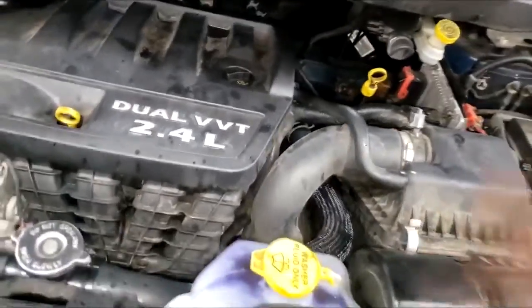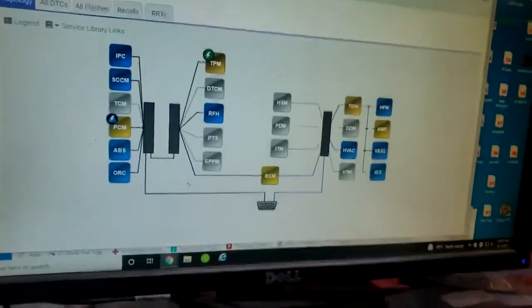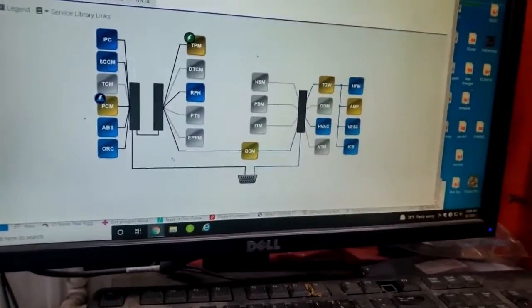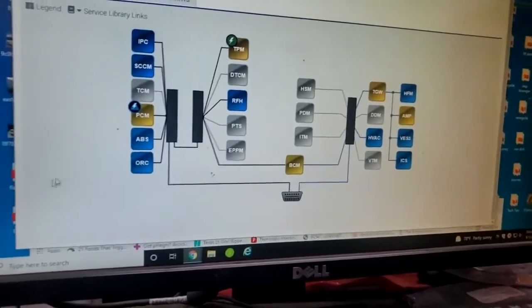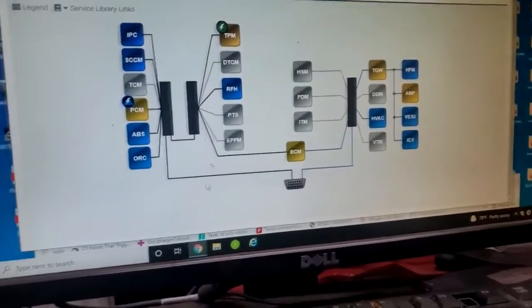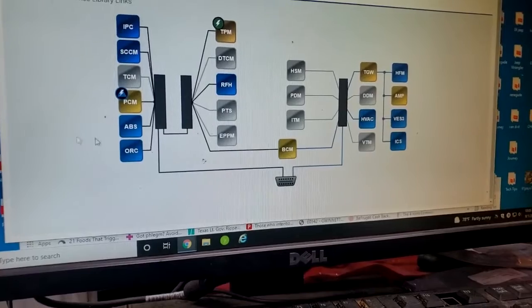In fact, guys, let's go. I have my pod already in the car. Let's go to the computer now and see what we come up with. Let's get it. Alrighty, guys, here we are. Now, yes, it's the 2015 Journey. Y'all know lightning bolts represent a flash. That's a green lightning bolt, but a blue lightning bolt represents a potential recall. Yes, a recall. This flash should be free to the customer, and that is evident by way of this